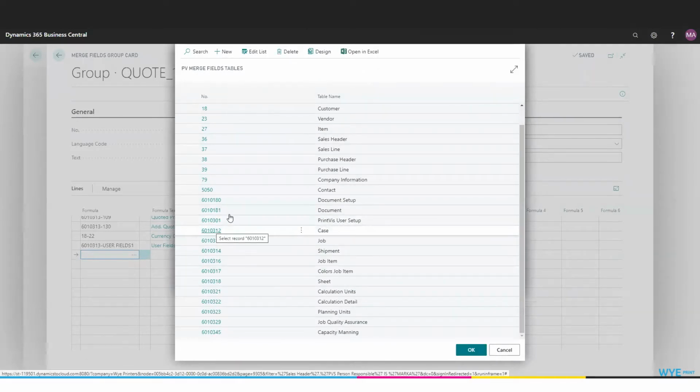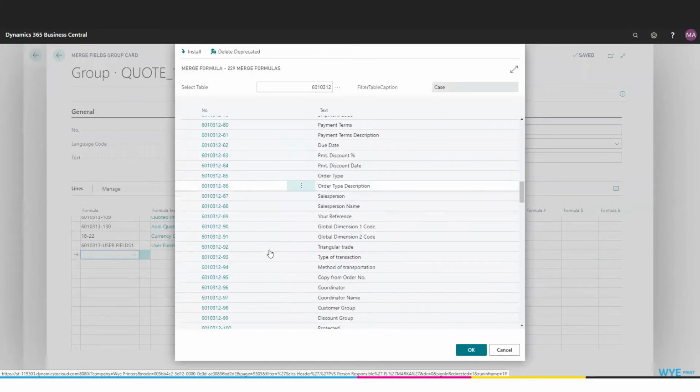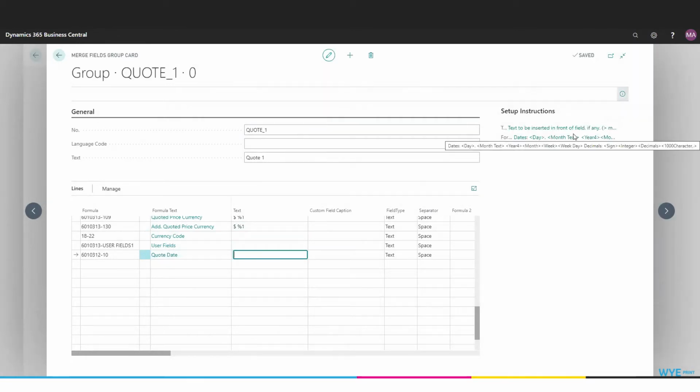If we'd like to pull in information from the case, we can. And then we can pull in any number of other information, such as quote date. And so there's our quote date field. We can specify the text. If we look at our information, we can see dates that we can use or any other information that we can use. The text can be pulled in to use